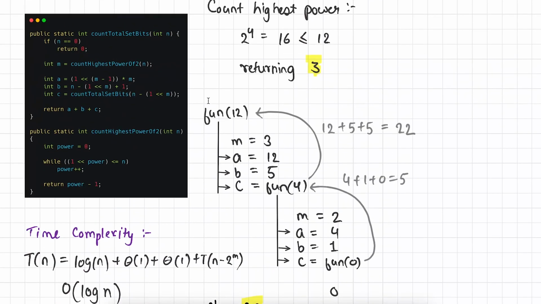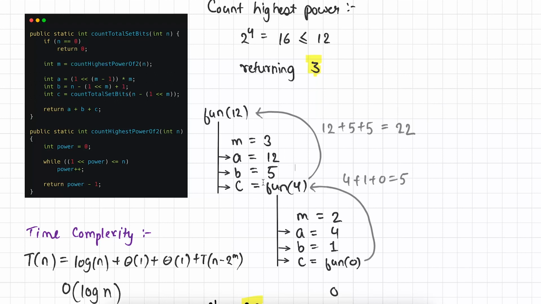And at the last, we are doing a plus b plus c and return. So let's say we call this function for value 12. This function first calculates the value of m, which comes out to be 3. m is what? The highest power of 2. Then we calculate the value of a, which comes out to be 12, then b, which comes out to be 5,